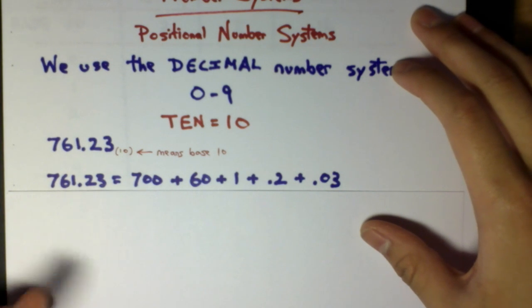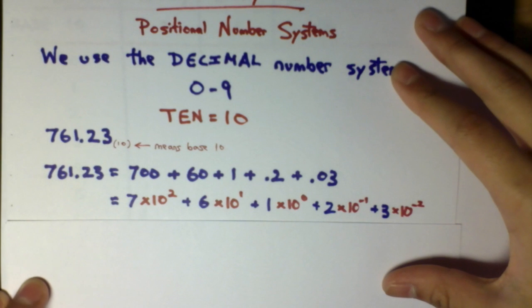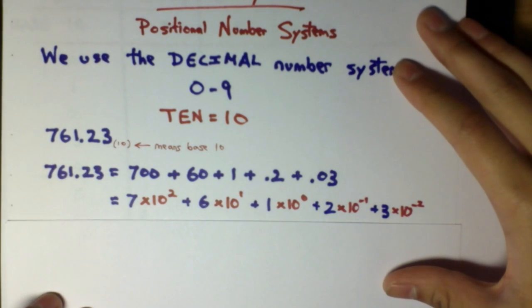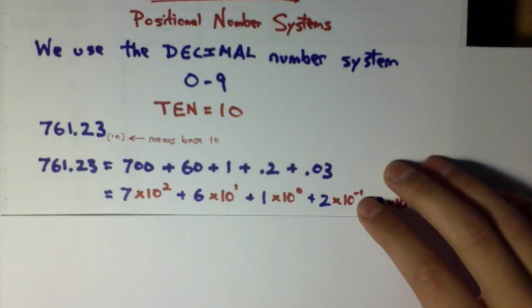Well, if we factor out the 10 in each number, what we obtain is 7 times 10 squared plus 6 times 10 to the power of 1, and so on. What this represents here is that each digit depends on its position relative to the decimal point, which is very important in how we're going to be applying these to different bases. So now that we've already established what base 10 is,